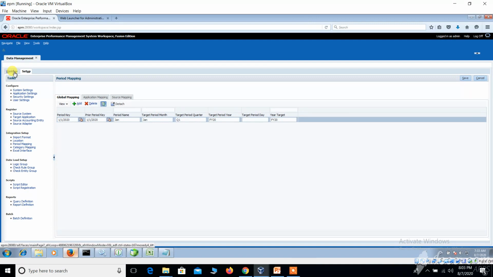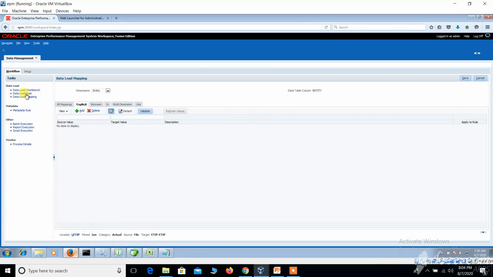workflow. Go to the workflow and define the data load mappings here. For data load mappings, we have different types: all types, explicit, between, in, multi dimensions and like. So I am going for the direct one-to-one mapping here. First I am selecting the entity dimension. Just click on add. So it is all source value.